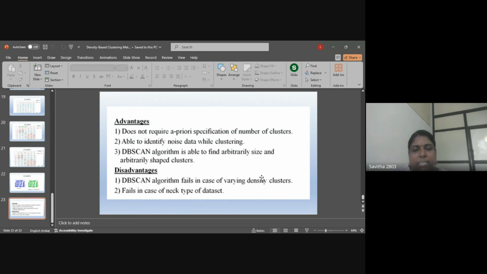DBSCAN is one of the algorithms used in density based clustering. Density based clustering means we need to find out which point is adjacent to another point, so that we can form the clusters efficiently. That is called density based clustering. It contains three types of points. One is the core point. A core point needs to satisfy the criterion of a minimum of 3 points